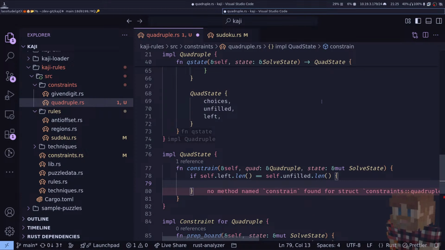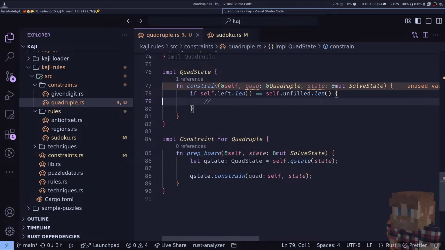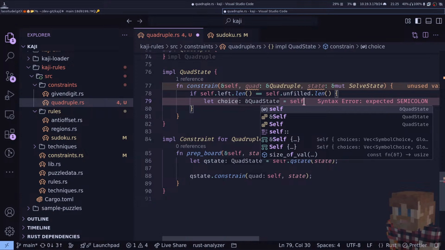Then we know it's worth doing a constraining operation. And the constraining operation that we can do is just to say that the unfilled cells can only be the values that we have left. So let's do let choice equals self dot